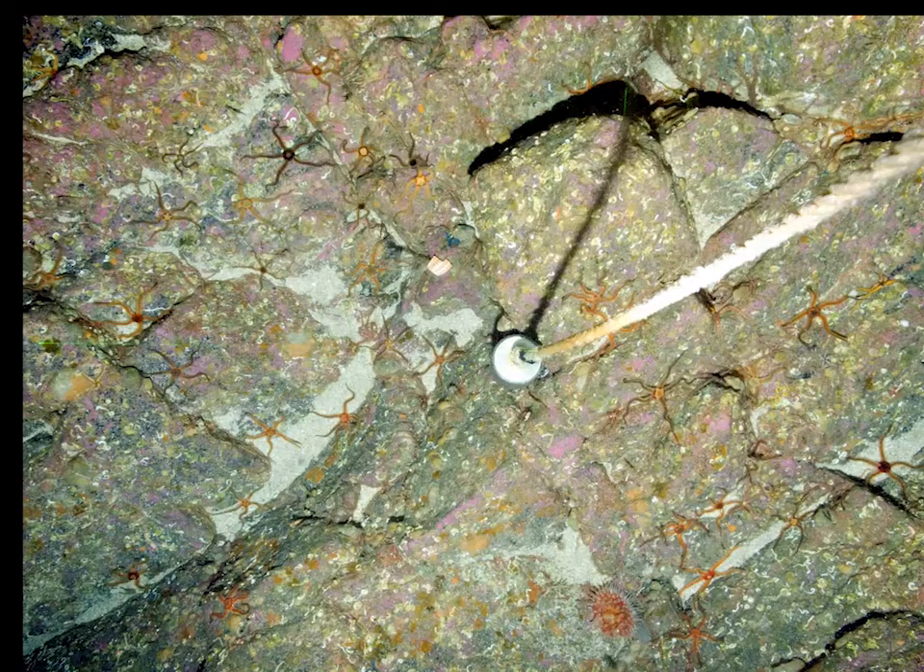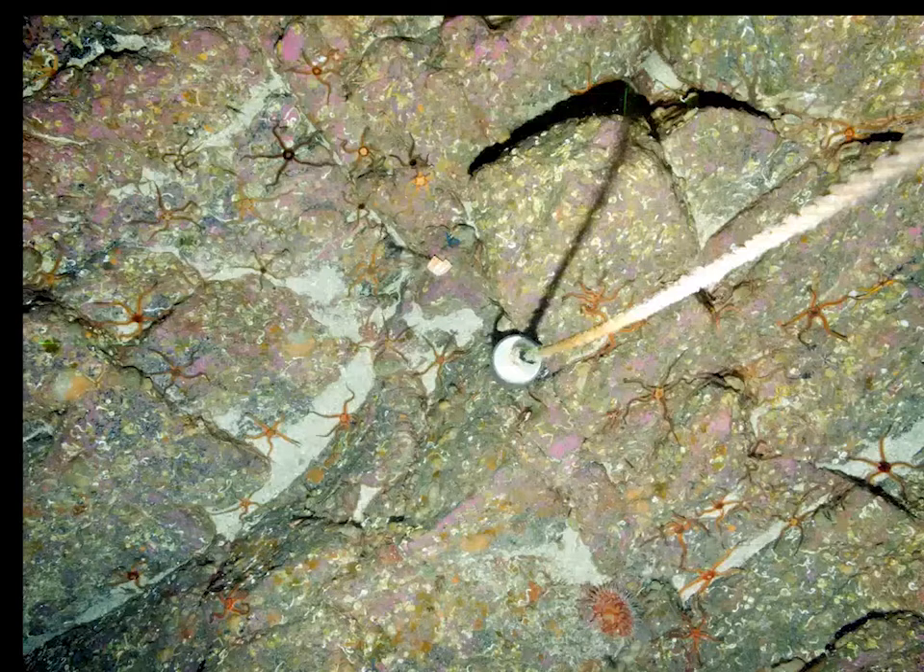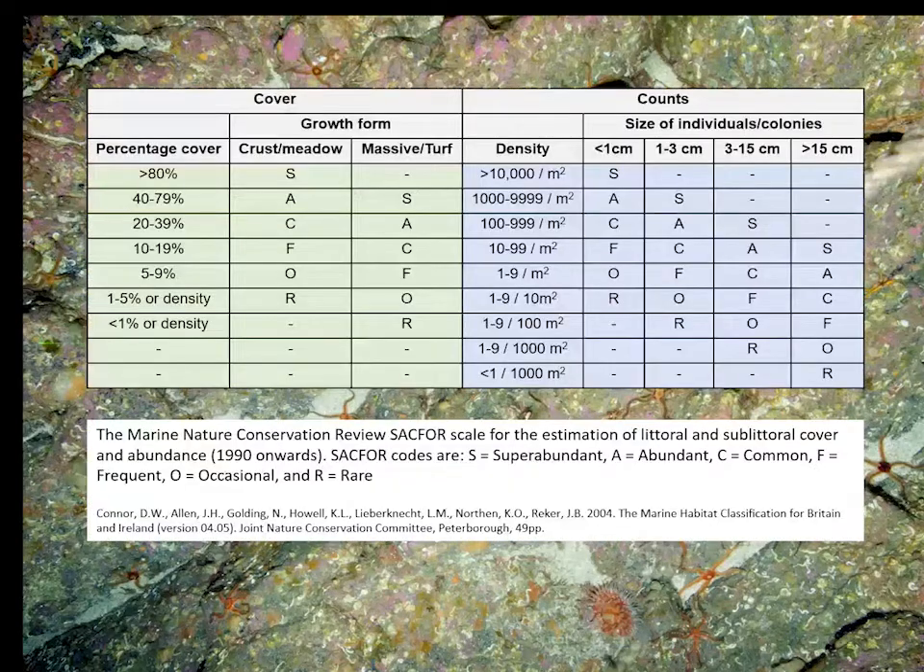Another approach, which is more about relative abundances, is to use this system called SACFOR. Bring up a little thing here. SACFOR: super abundant is the S, abundant, common, frequent, occasional, rare. There are guidelines that have been published. Quite a few of you have been involved in these back in 2004. This is a long-standing system, sort of a rapid system for